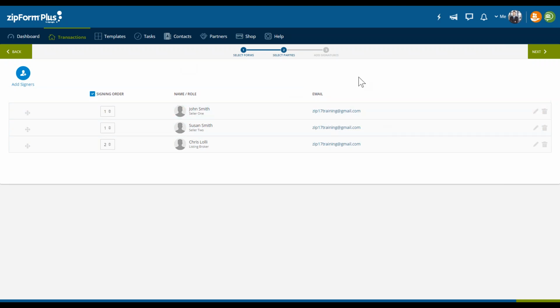Now, the second thing I want to talk about here is email. You can have the same email attached to multiple parties, because it's very common, right, to have, say, an older couple have the same email address. Say one's more tech savvy than the other, and they're buying or selling their house, and they have one email address. The reason you can have that is because it's very easily, clearly differentiated between the two. Who needs to sign what and when?